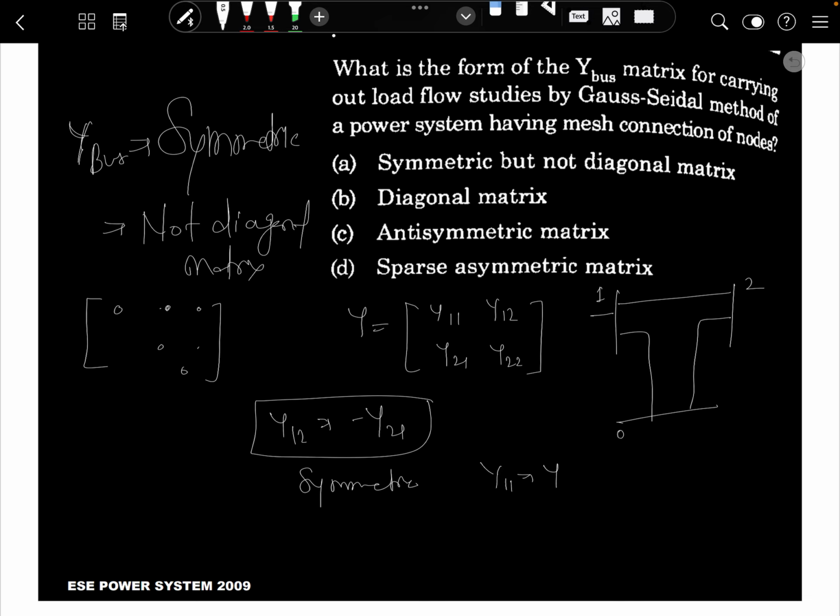y11 is equal to y12 plus y10. Similarly, y22 is equal to y21 plus y20. So there are elements mentioned, so it can't be a diagonal matrix. That's why option A is correct. Next,